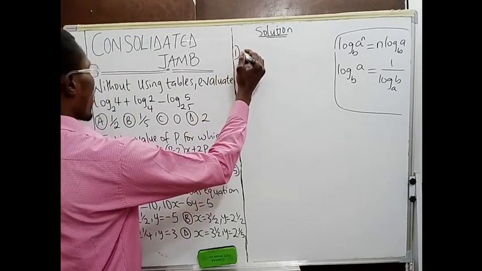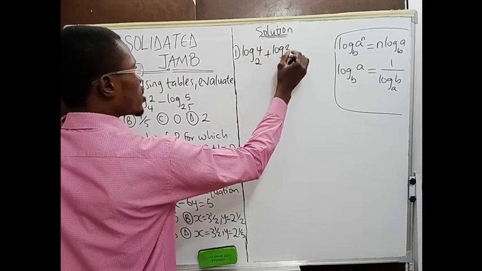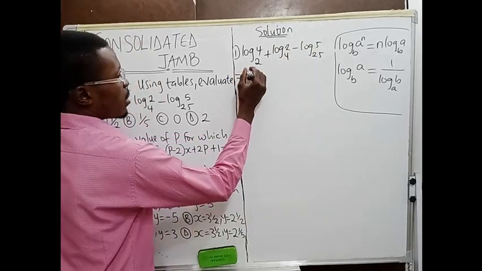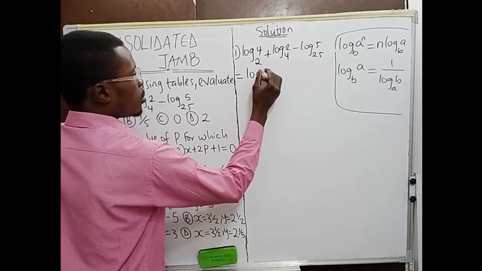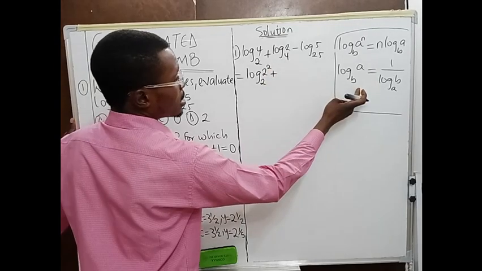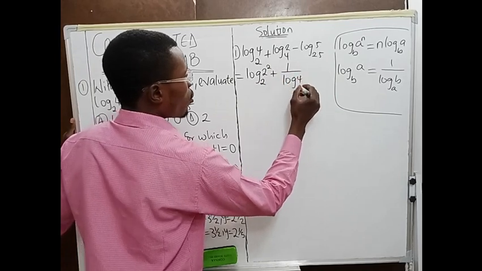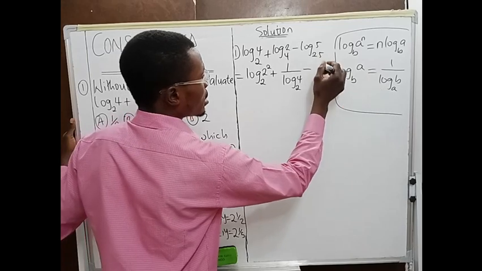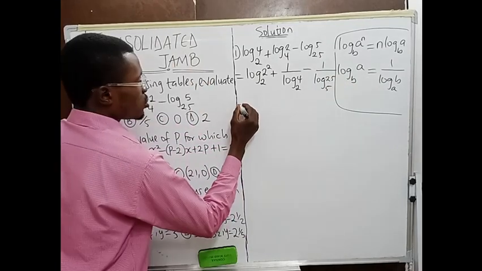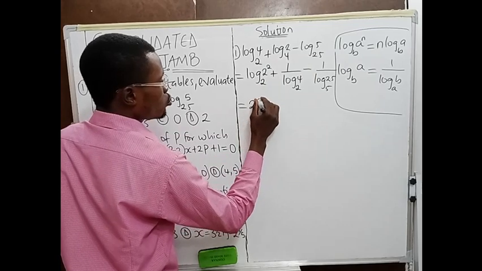So number 1, I'm going to have log of 4 base 2 plus log of 2 base 4 minus log of 5 base 25, which here I write expressed as log of 2 power 2 base 2 plus, here I apply this, 1 over log of 4 base 2 minus, here also I apply this, 1 over log of 25 base 5. So this is going to give me what? I apply the first property here. I have 2 log